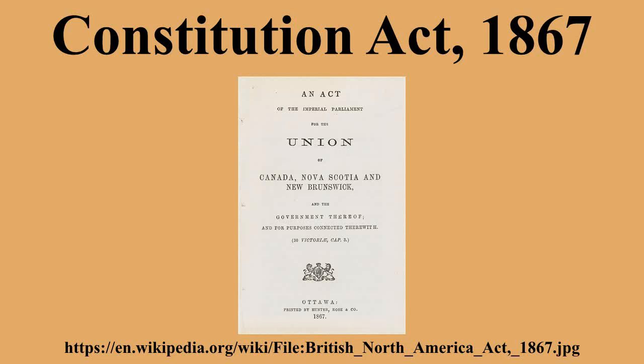Section 92 allows the federal government to declare any works or undertakings to be of national importance, and therefore remove them from provincial jurisdiction. Education. Section 93 gives the provinces power over education, but with significant restrictions designed to protect minority religious rights during a time when there was significant controversy between Protestants and Catholics in Canada over whether schools should be parochial and non-denominational. Section 93 specifically extends all pre-existing denominational school rights into the post-Confederation era.